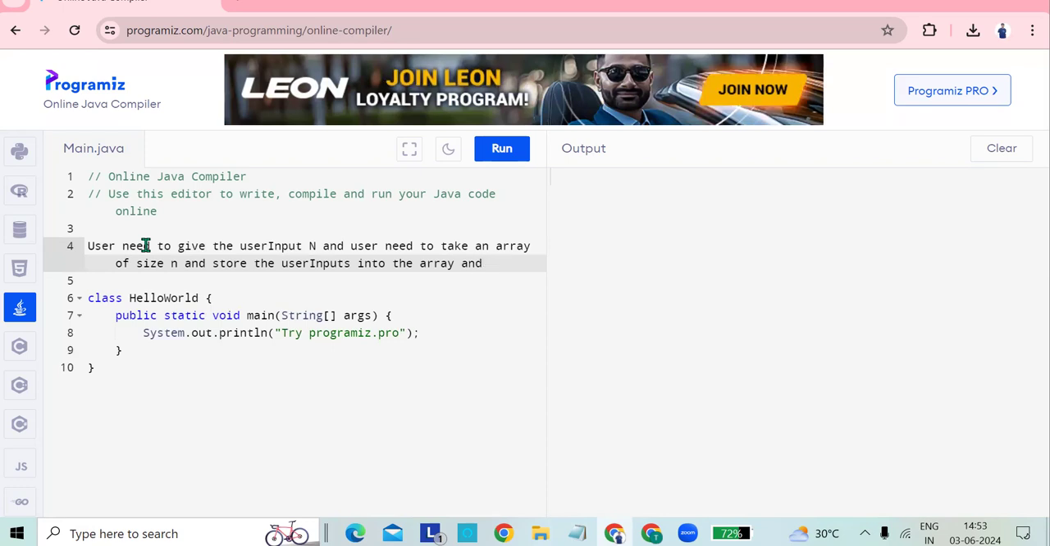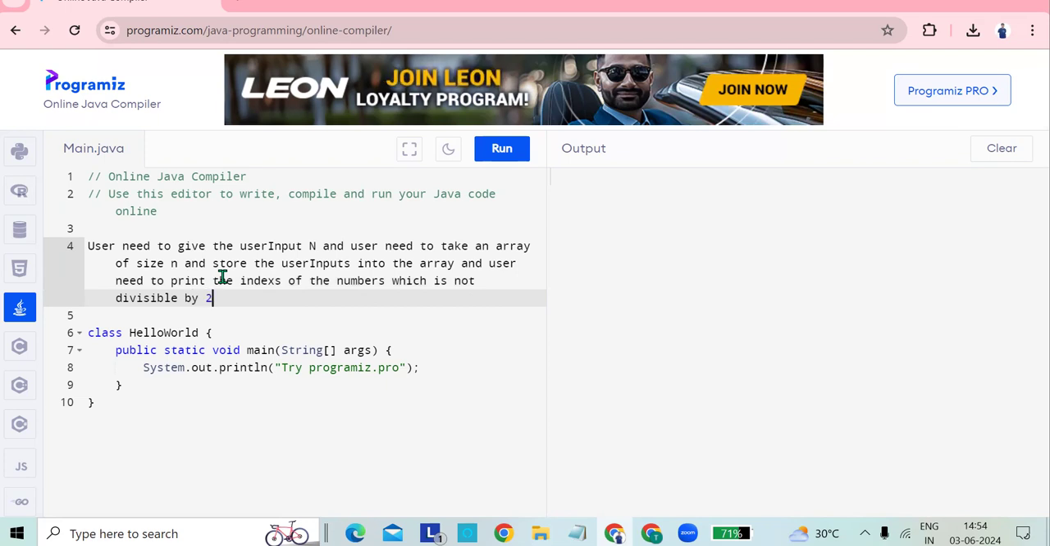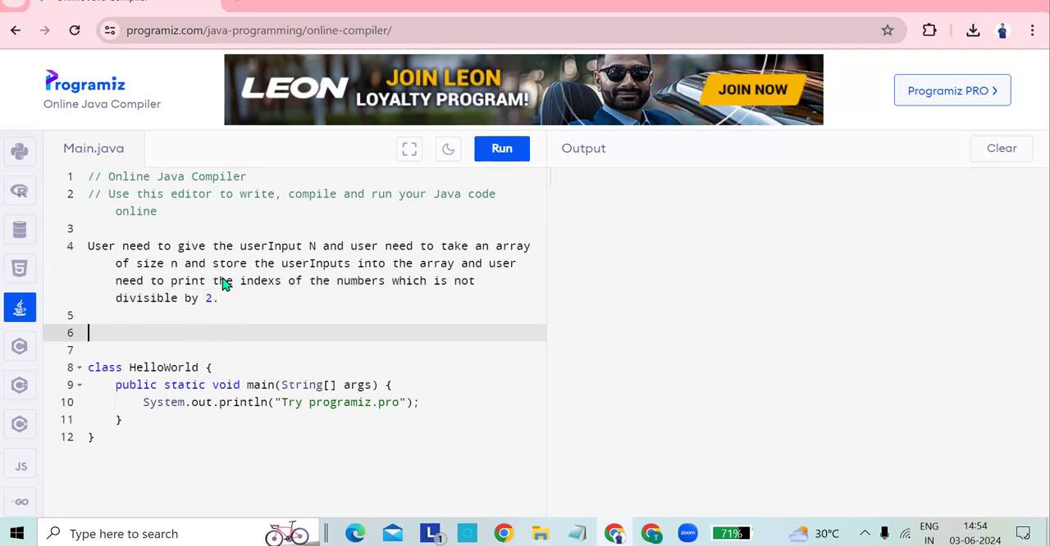And the user needs to print the indexes of the numbers which are not divisible by 2. For example,